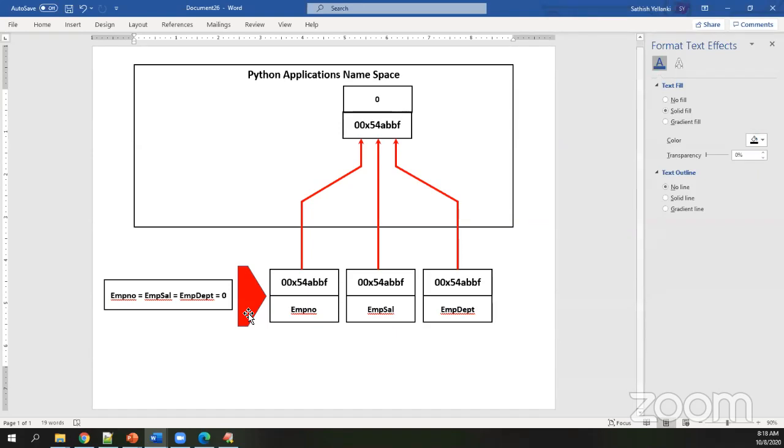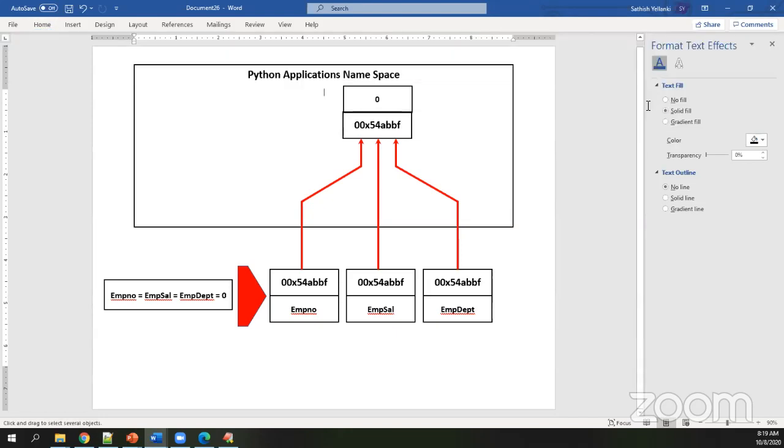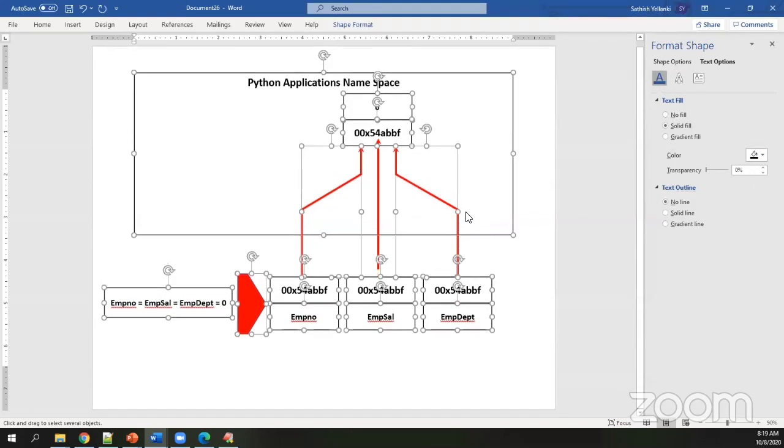So now you may have your own doubt. Sir, later on, if I am doing only one single change in my variable, what happens? That variable will be dereferenced from the existing memory location and goes to another memory location. So when you're doing any second-time assignment, it automatically knows how to dereference and then start working with it.